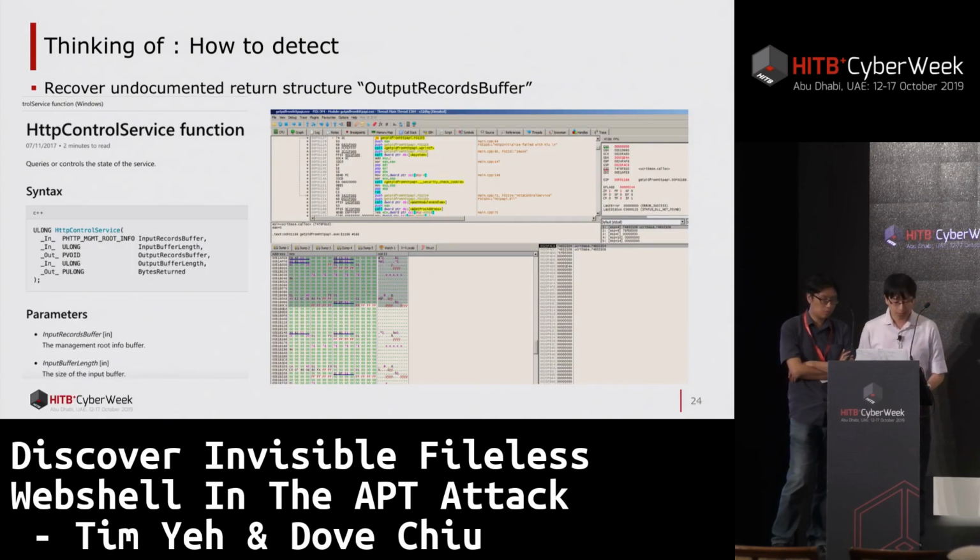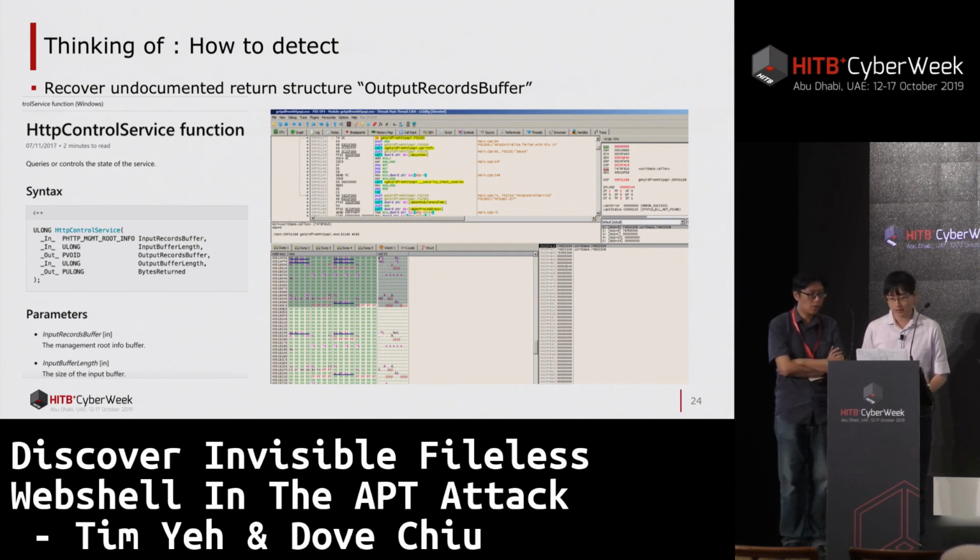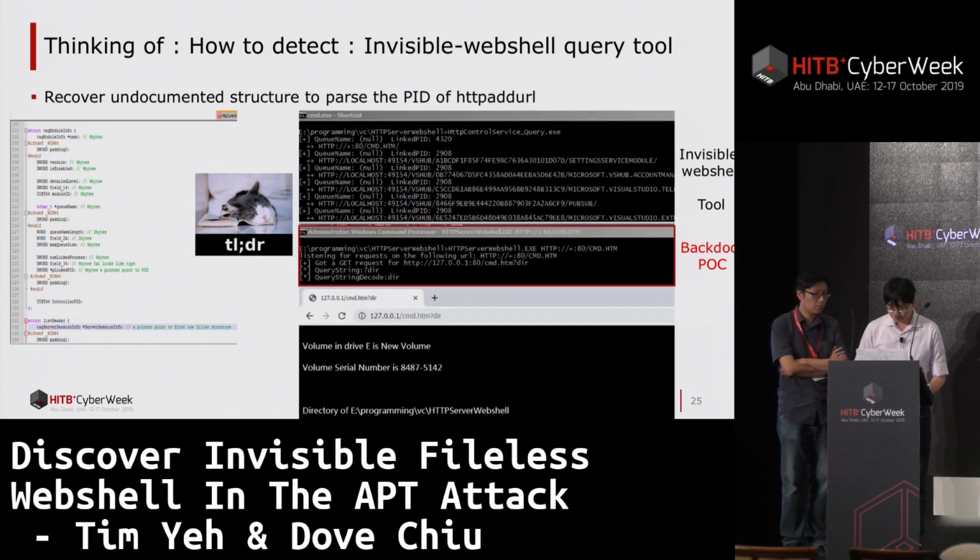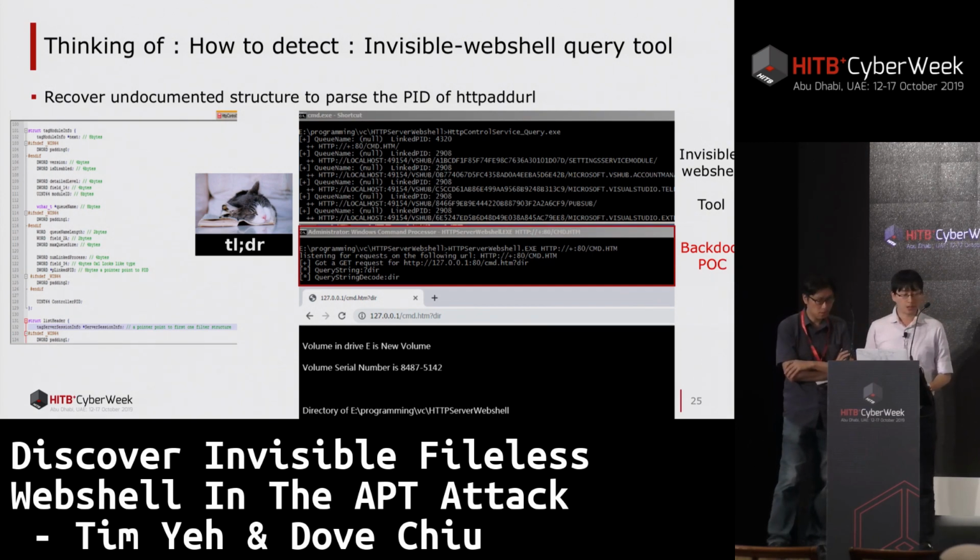And last, the HTTP control service list function's return value is an output buffer, but the output buffer structure is also undocumented. So we need to trace it by reverse engineering, and roughly speaking, it is a doubly linked list and will contain the PID and the registered URL. So we tried to reconstruct the structure on the left side, and